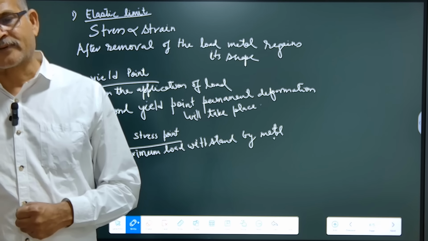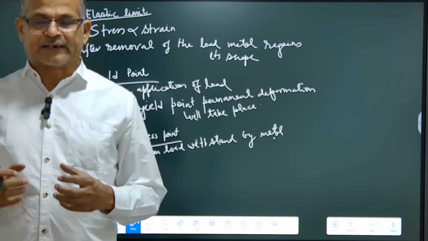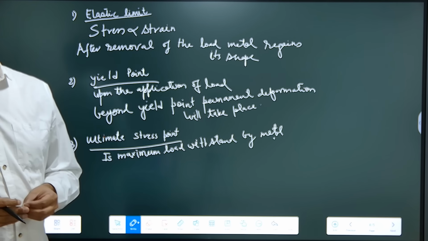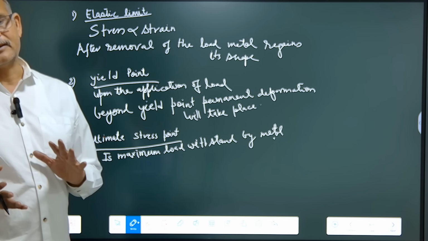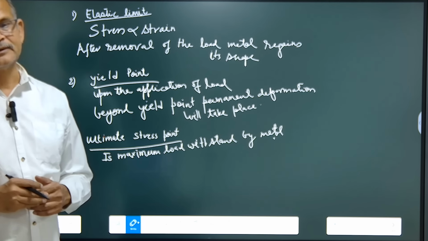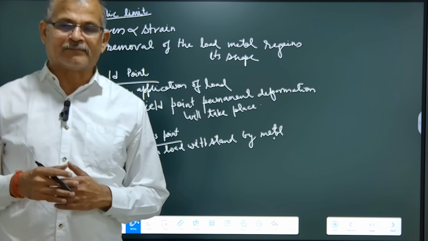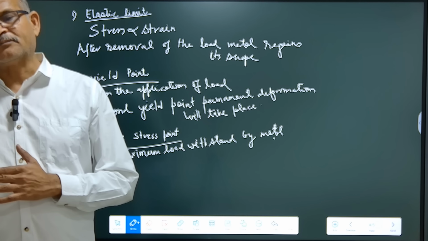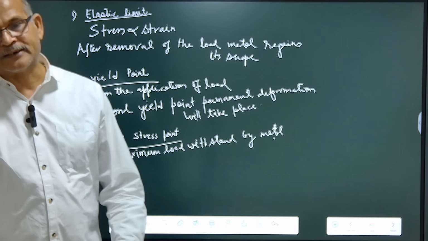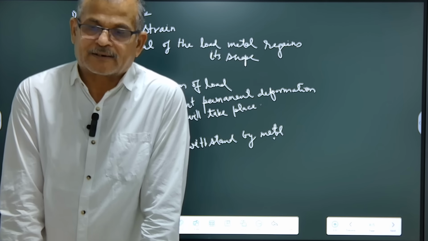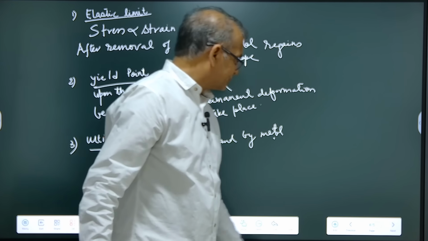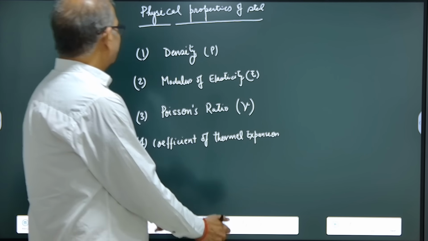Once the load is removed, the material regains its original shape and size. Yield point is the point beyond which permanent deformation will occur and the material goes into the plastic zone. And the ultimate stress point is the maximum load a material can carry, known as UTS, or ultimate tensile stress. So physical property